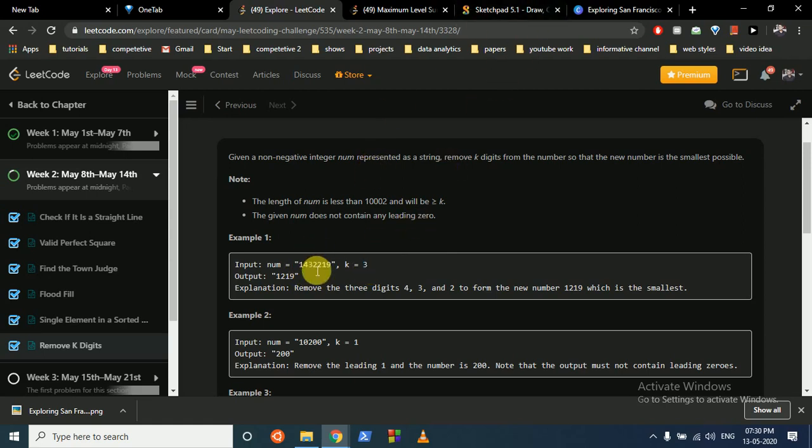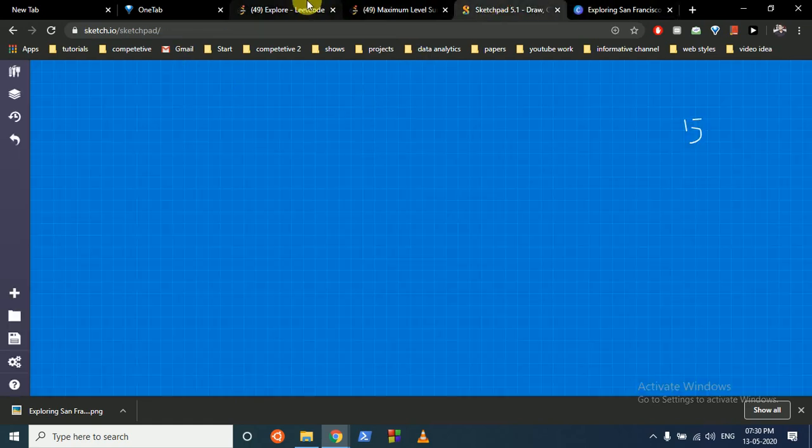So what you can do is remove this 4, 3 and 2, and the number will be 1219. Someone might say that we can remove this 9 also. If you greedily choose this 9, which is the maximum, you can choose only the maximum ones. But if you just take the maximum ones, the number is actually